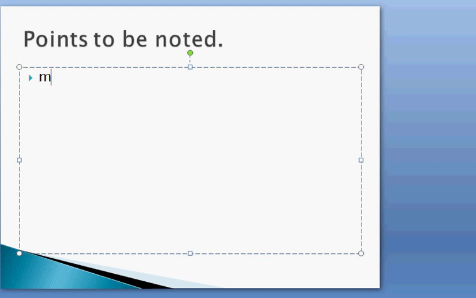First, mole is a unit of number. Second, mole is equal to